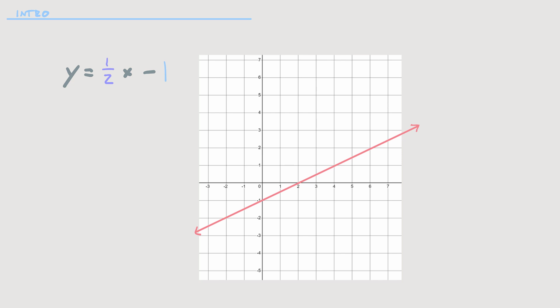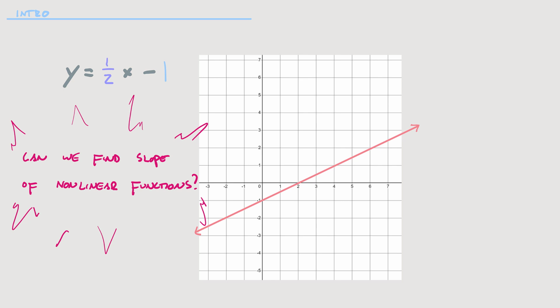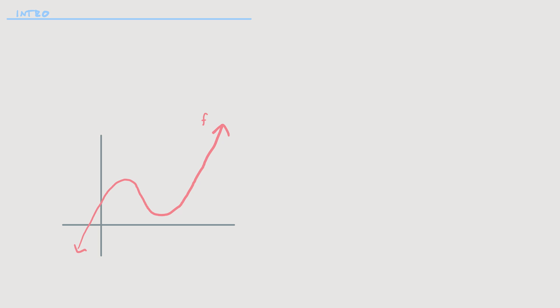But what we're going to be talking about today is, can we find the slope of nonlinear functions? So something that looks like this. And the answer is yes, but it's not the same everywhere, right? Unlike a line, nonlinear functions don't have the same slope everywhere. Every single point on the graph is going to have a different slope because of the curvature of the graph itself. There does exist slopes at a point. For example, you could find the slope at C, but that's something that you talk more about in a calculus class. But in this class, we're going to focus on finding an average rate of change over a specific